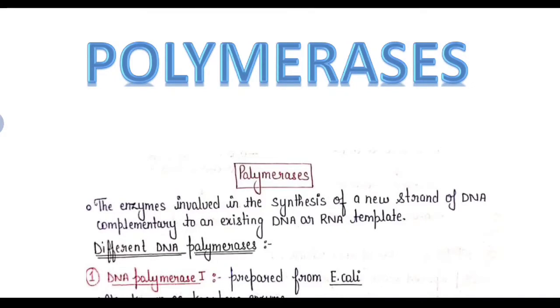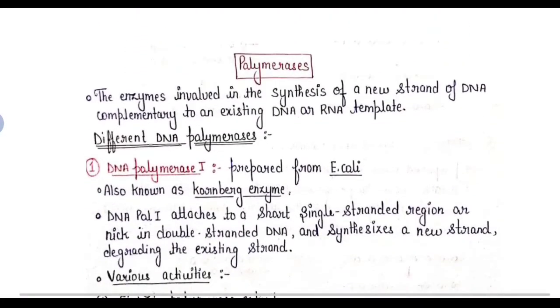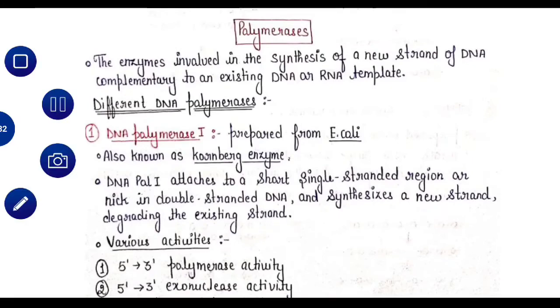Then we have DNA polymerase 1, which has two major functions to perform. The first function is to remove the RNA primers from the DNA strand, and the second one is to fill up the gaps formed by the removal of these RNA primers. So these are the major roles which DNA polymerase 3 and 1 generally play in the process of replication. Now how they are going to function in the process of recombinant DNA technology, that we have to discuss. So let's get started with these polymerases in detail.